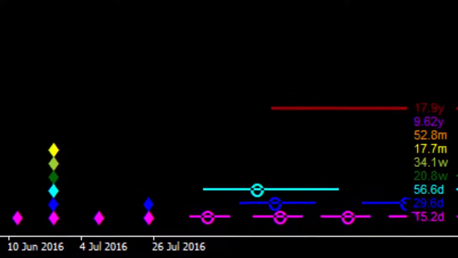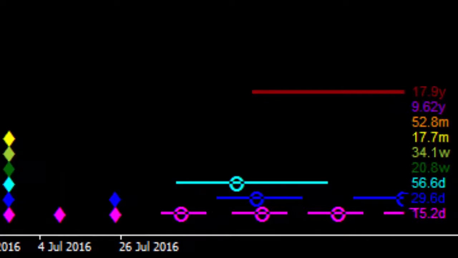We call them the circles and whiskers. You can see that they are in line with the diamonds for each particular cycle. The circles represent the exact time that a trough or peak of that particular cycle is expected to form on the basis of the recent wavelength of that cycle. The lines to each side of those circles represent the range of time that that trough or peak could reasonably